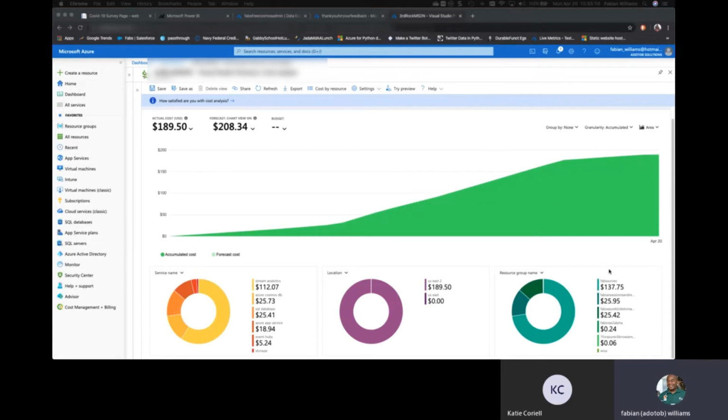If you further look at that, and this is all within one resource group, breaking down that resource group, we can see that Event Hub, which is working in concert with Stream Analytics, was only costing me $5.24 over this period. Stream Analytics was really going at me, and in this case, we only had one input, into the Event Hub, and one output, into Power BI. But for that duration, it was like $112. The rest, Cosmos DB, is a smaller cost. And then the website, which is an app service, is roughly costing $18.